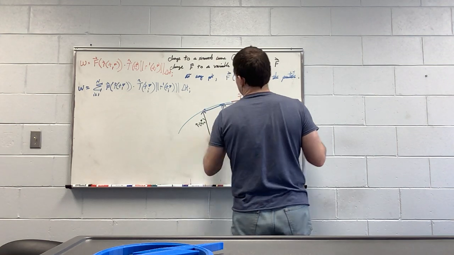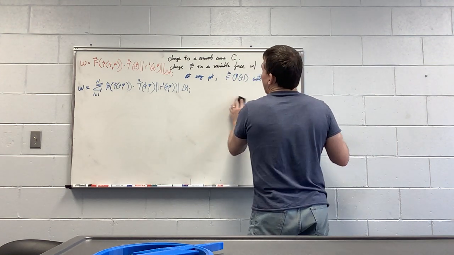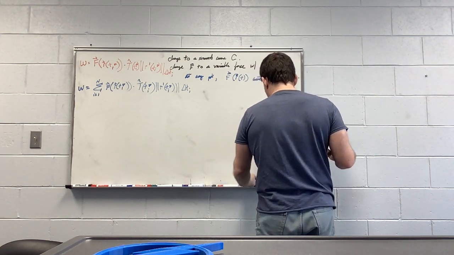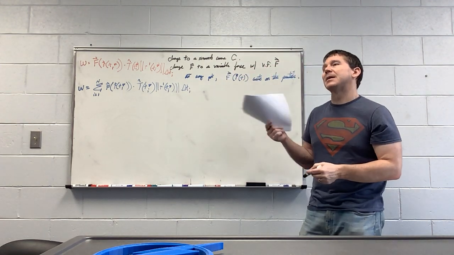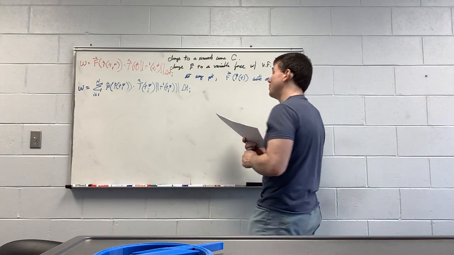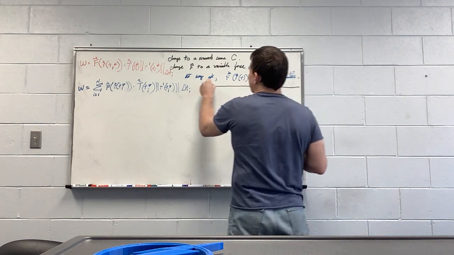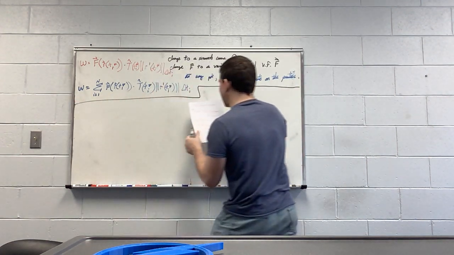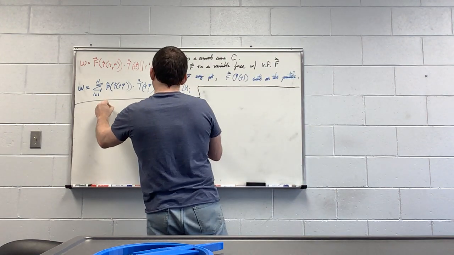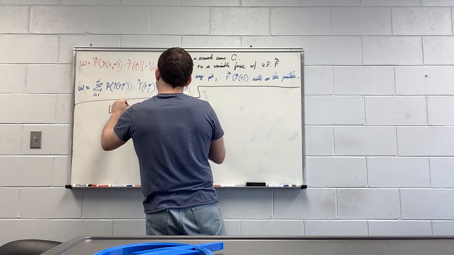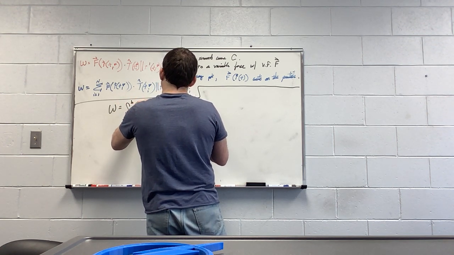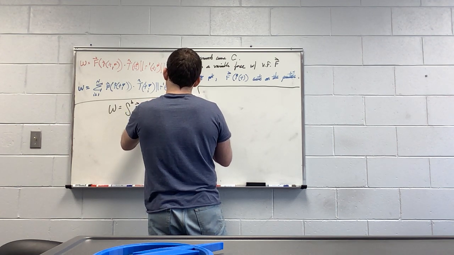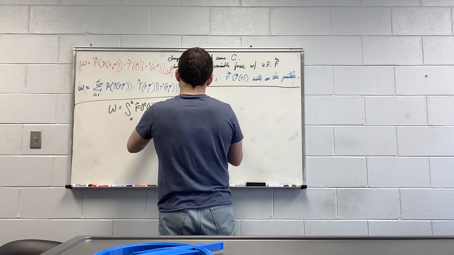So now, to save a little bit of time here, and I do stress, more than likely you have seen some form of this in physics. So I'm going to assume at least some of you probably just fast forwarded through all of this. But I like it. But that just means that now I can actually write that work is equal to the integral from a to b of f of r of t dotted with r prime of t